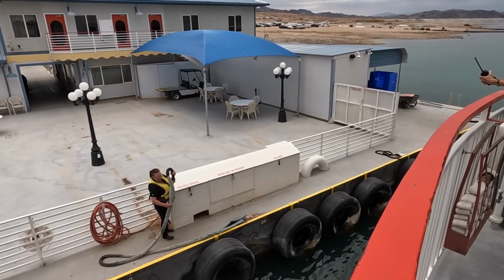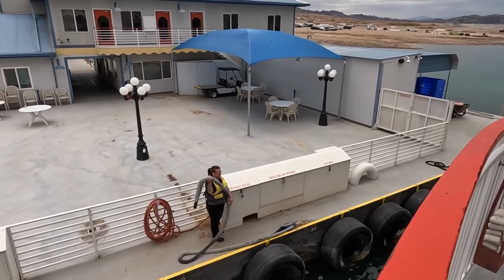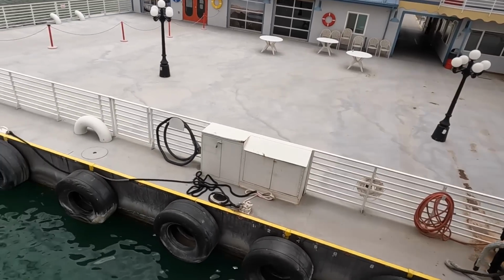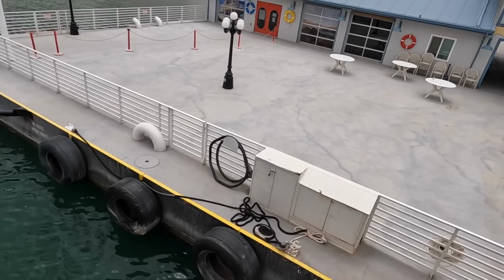Well, made it back safe and sound. He's gonna park this thing, go jump in the van, go find a campsite for the night. Tomorrow we're gonna keep